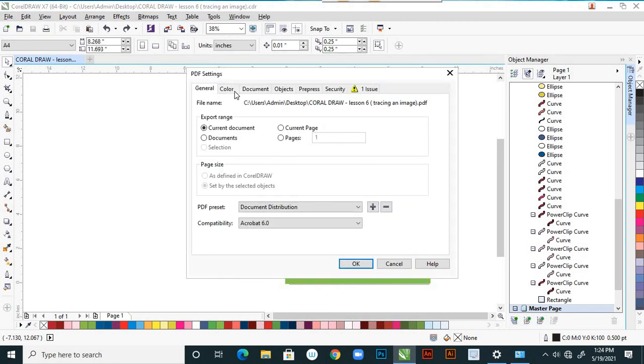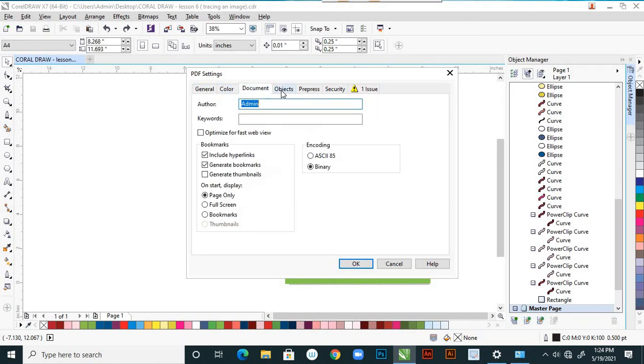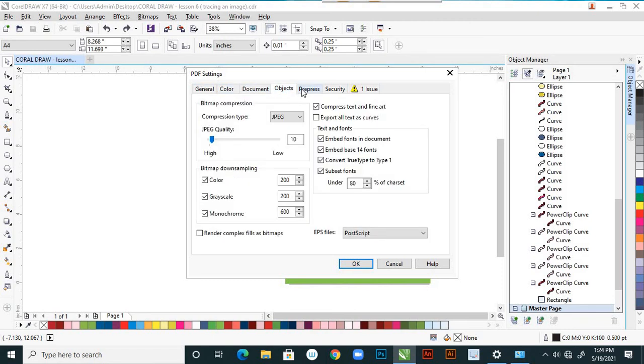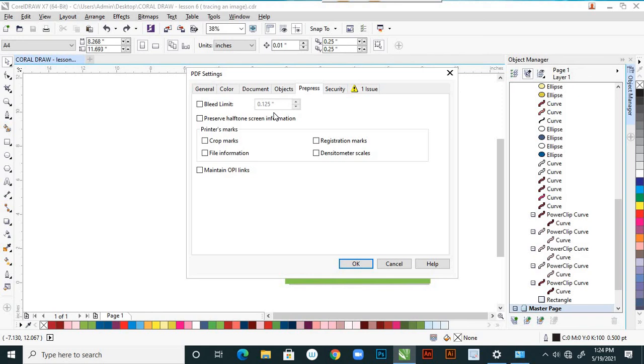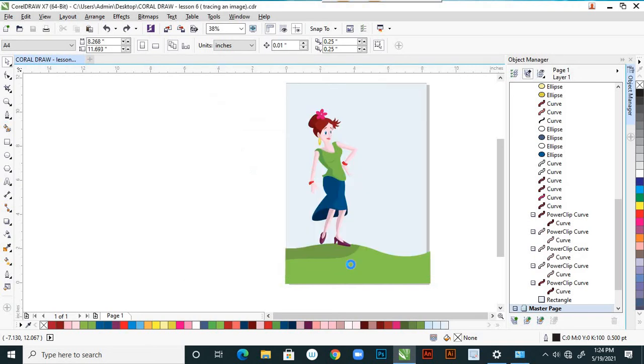So in the settings, documents, object and prepress, I'm giving the bleed limit and all the printer marks, file information, so everything I'm maintaining. Save OK. It is saved, and now